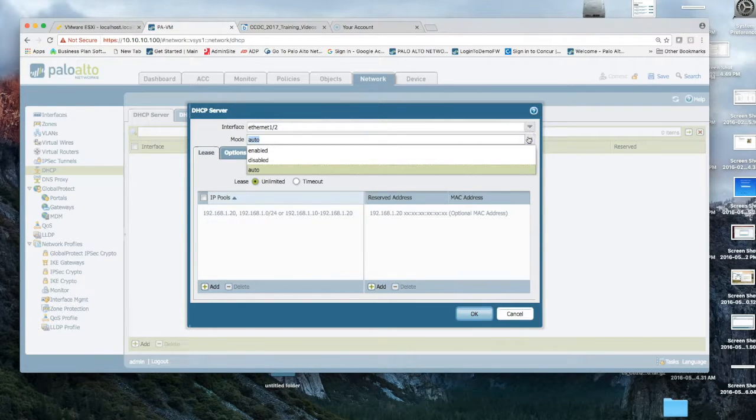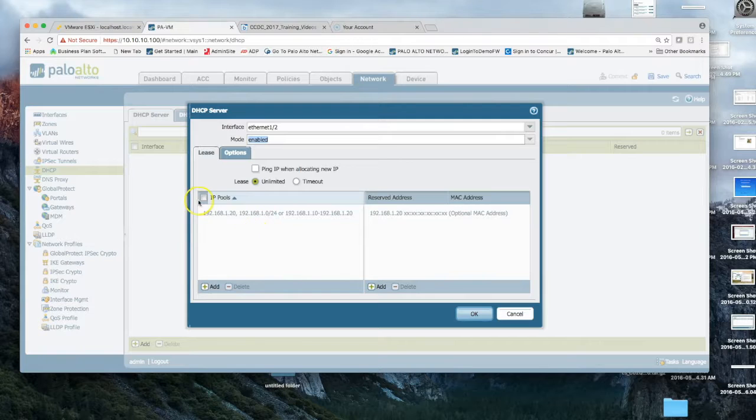You'll notice I've got 3 modes here. With auto, basically, you can operate as a backup. It will go out and see if there's another DHCP server running on your subnet. If it listens and hears those broadcasts, it will turn itself off and will not function as a DHCP server. So that's the explanation of auto. Enabled means it's always on, regardless, and disabled means it's off. We'll set it up as enabled in this case